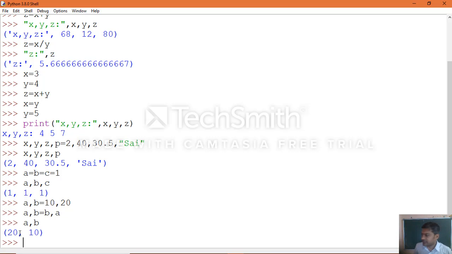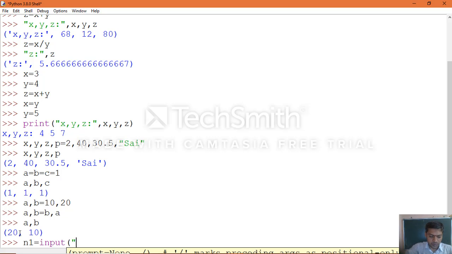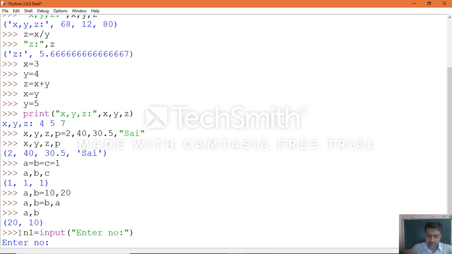You can see the execution. n1 = input("Enter number"), which will ask you for a value, say 10.